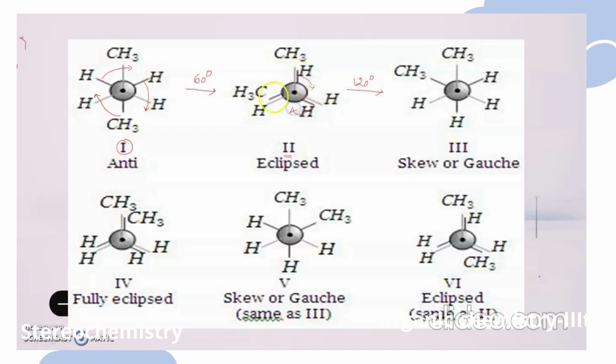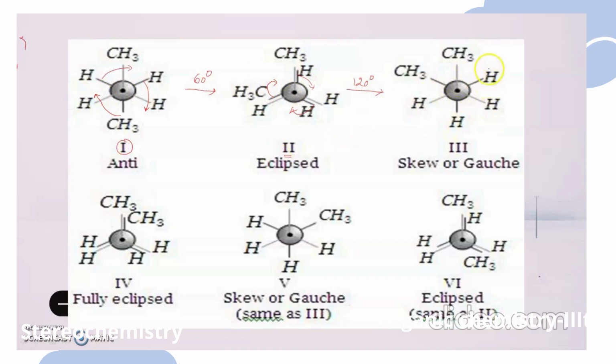This will come here and this will come, right? This is the next structure that you are going to get if your second structure of the molecule is further rotated to an angle of 60. That is, in total from the first molecule to this structure, it is rotated to an angle of 120 degrees. This is the structure that you are going to get.